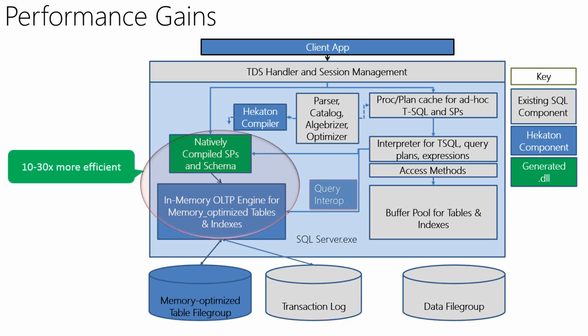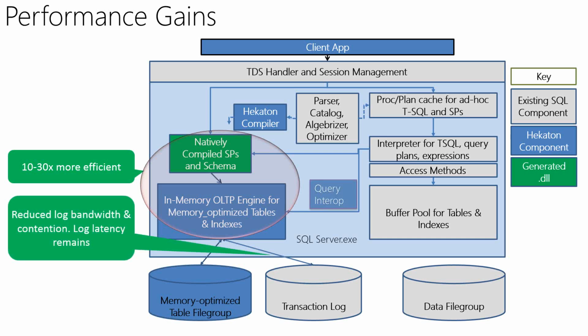So just a few slides about where we get the speed up from. I've been talking about the in-memory OLTP engine and how it makes it faster, why natively compiled stored procs and schemas are faster. The part of a transaction which executes in that environment is generally going to be 10 to 30 times more efficient. It's 30 times less time spent. However,